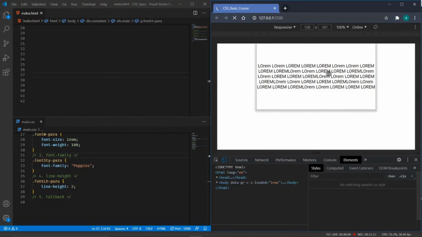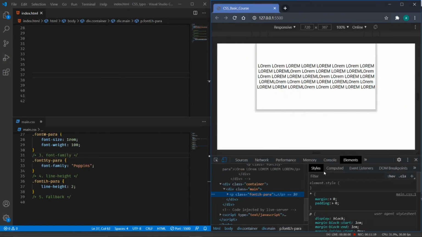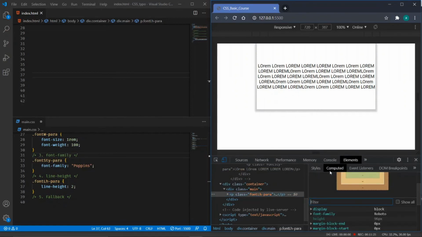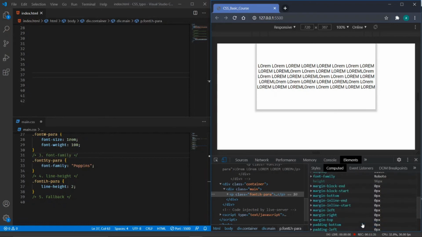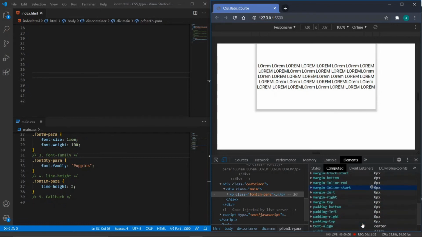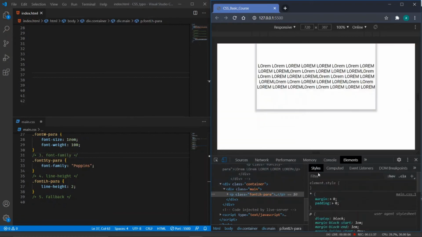Okay, so as you can see here, this is the default line height which we usually have. Every font has a different line height. Like if we are using some third party font, then that particular font is having its own line height. So according to that only we should calculate it. Okay, so line height is not showing here in the computed tab.